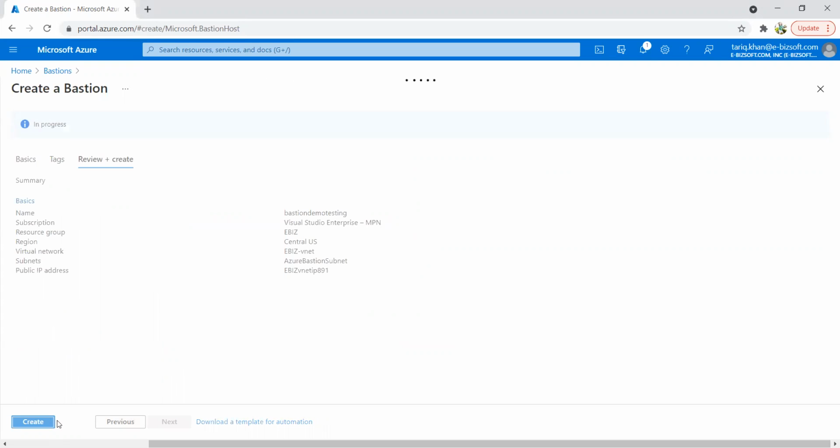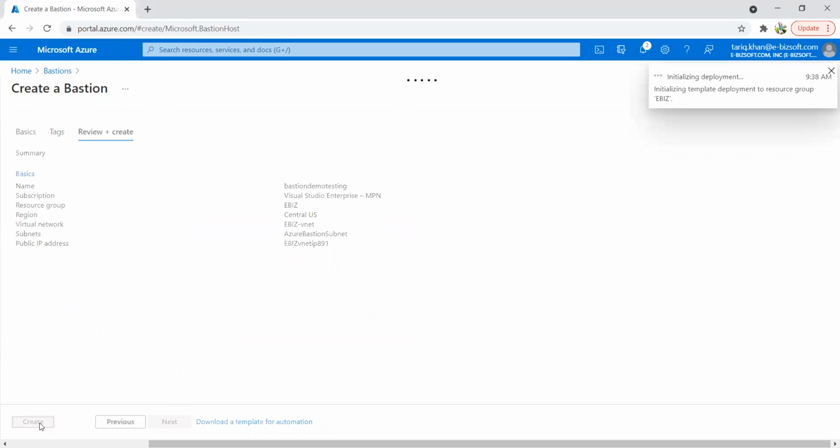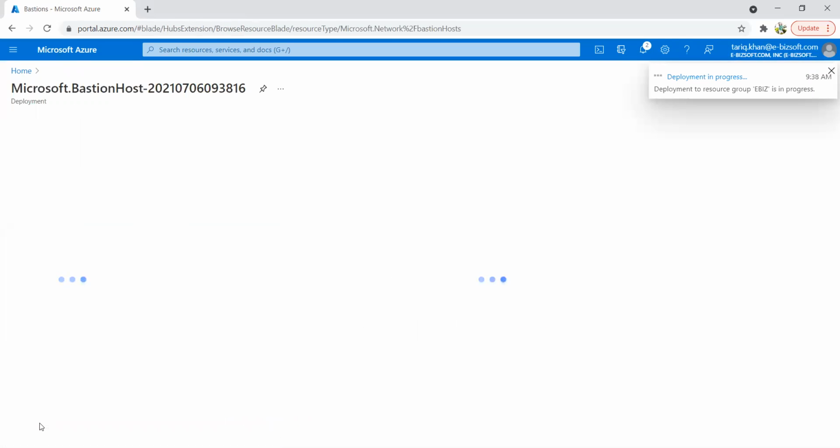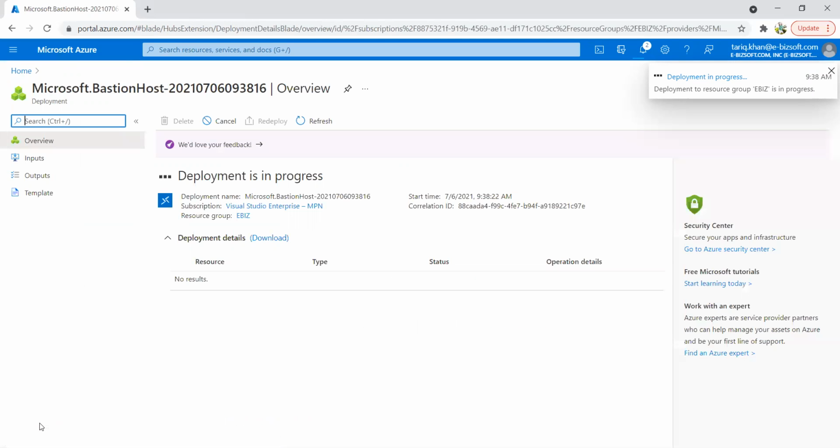You can see this process is ongoing with the Azure Bastion, and validation passed. Just click on the create button, and within a few seconds this Azure Bastion will be created, and we will be able to use this Bastion service for remote desktop connectivity.